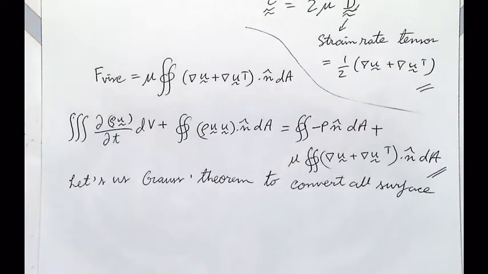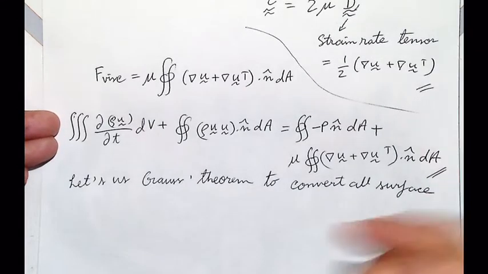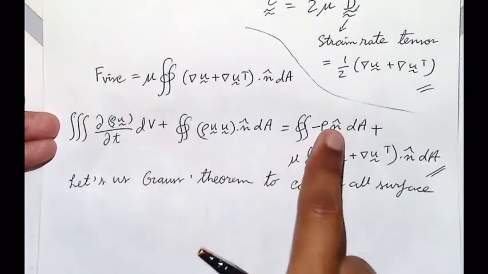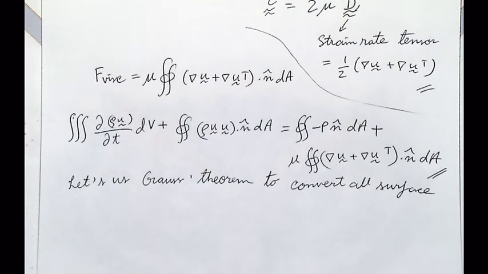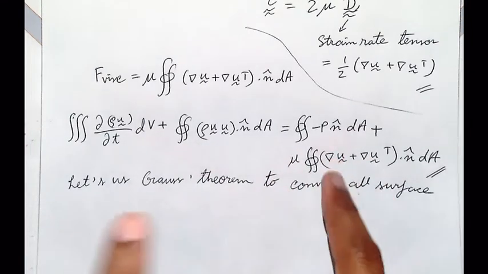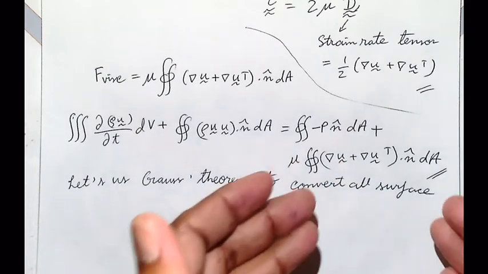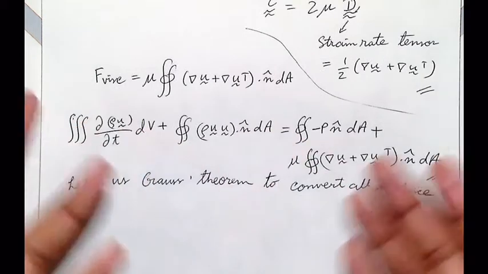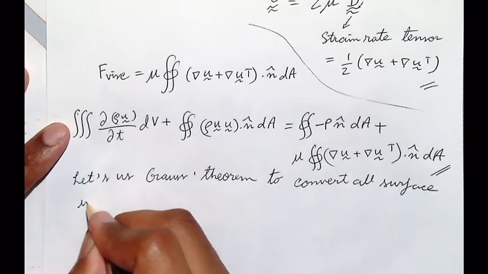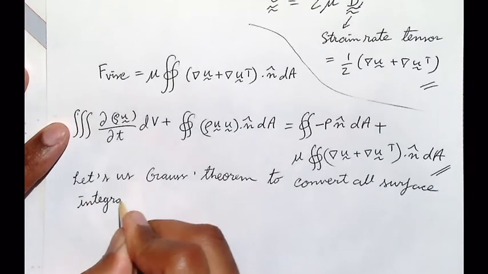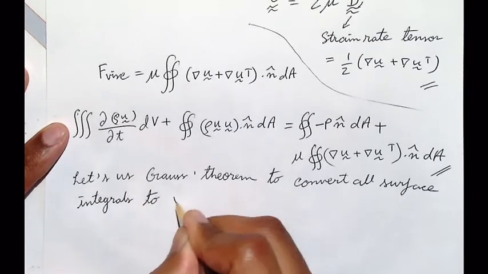By the way, for finite volume, this is all you need, right? So you have everything in the surface integral form, which gives you the fluxes. Okay? And we will look at in each term how we get the viscous flux and the pressure. Okay? Convert all surface integrals to volume integrals.